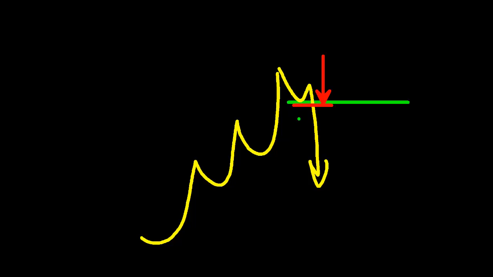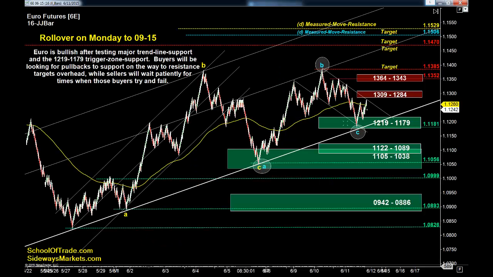Use a nice quick first target. What's going to happen? Sell stops get triggered, it's going to push down to your first target, lock down that stop, get rid of the risk, and then hold on to it. Remember, though, if you're going to be a bear right now, everything is a scalp until proven otherwise. Don't get too greedy on these counter trend moves. Right now you have to remember the trend is your friend, and because we tested this high here, we know we're probably going to try to find a way back up to it.